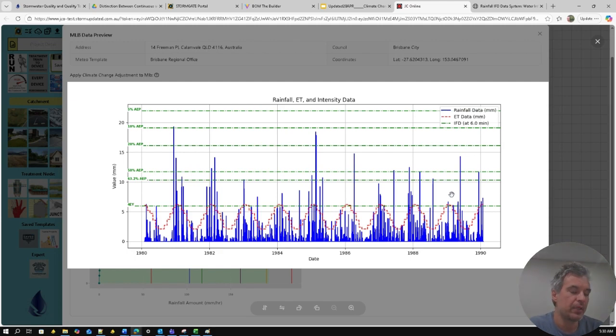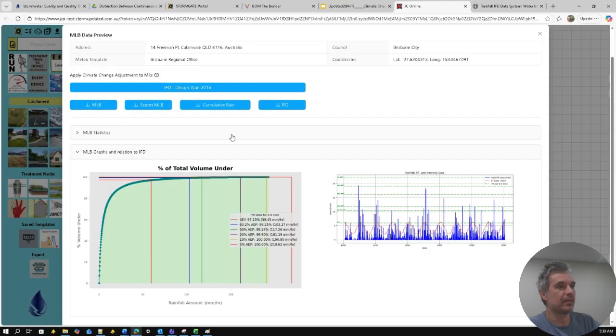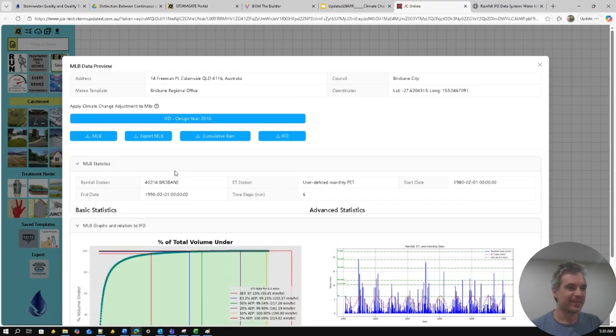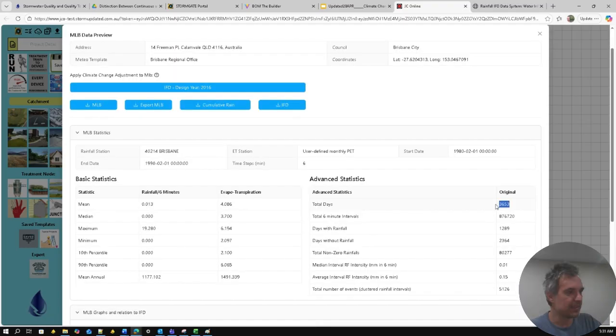So at every 6 minutes, you have information. Has it rained? Hasn't it rained? Has it rained? Hasn't it rained? You can see the spaces between these blue lines. That is because there's a lot of time when it doesn't rain. Actually, if we look at advanced statistics, which is something I'm proud to have invented, total days, 3,353, total 6-minute intervals, 876,000,